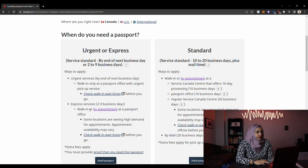If you are doing the express one, which is 2 to 9 business days, you still need to go to the Service Canada office and you do need proof of travel, so you do need to show your tickets, where you're going, and they have to be valid and you have to stand in line. It can be done on appointment basis, but if you are flying within 2 to 9 days, I'd suggest you go as walk-in, of course, since it's urgent, and they should be able to accommodate you and give you the